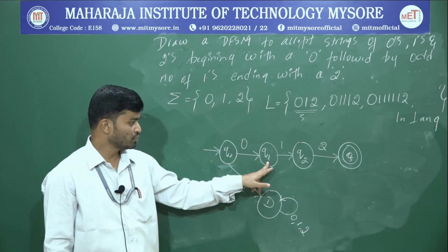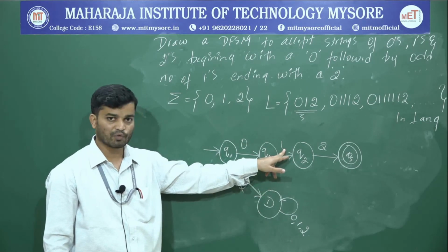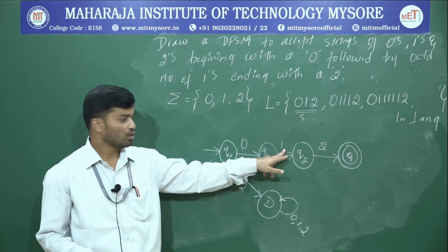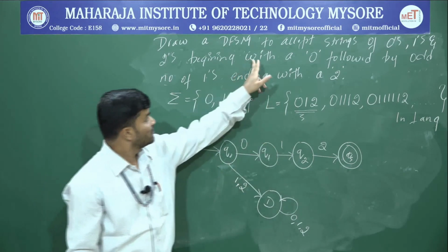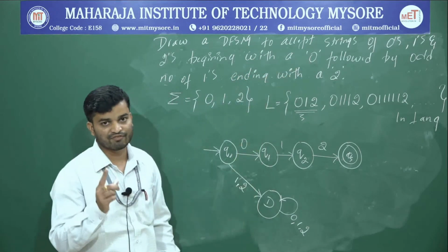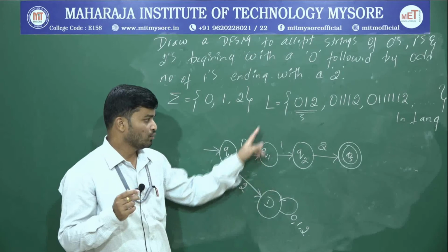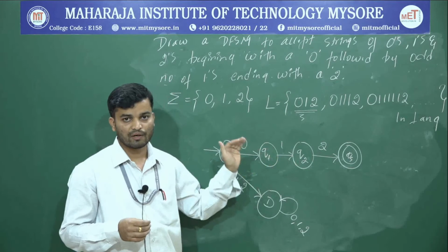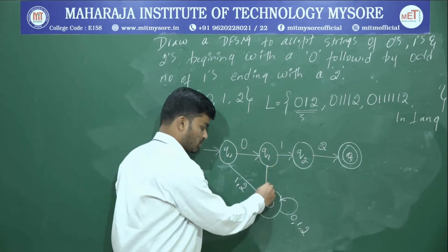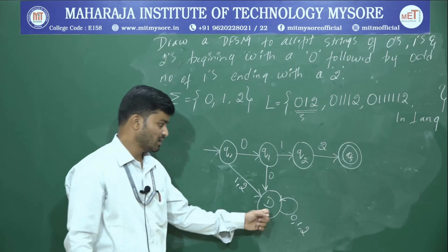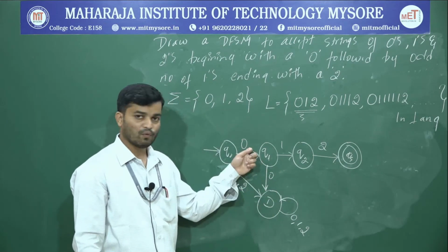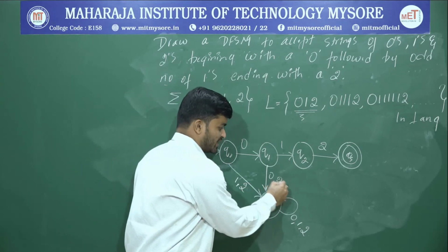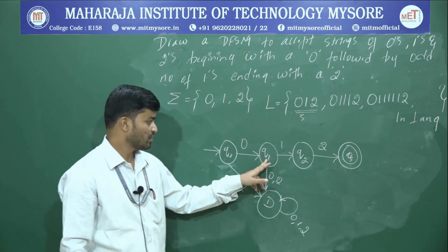Now go with Q1. Already there is a path for 1. Now to give paths for 0 as well as 2. Just observe the question, beginning with a 0. So it should start with exactly one 0. If I write a loop, I will have n number of zeros. Or if I connect anywhere, I will have 0 0. That is not a requirement. Since there is no other option, connect 0 to a dead state. Then I will have exactly one 0. What about 2? 2 is the same thing. Connect that also to the dead state.